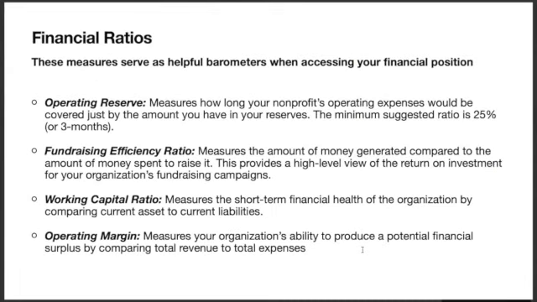If you're thinking about starting an endowment, there's really two ways that organizations will start this. They might run a capital campaign where they look to outside capital from donors to fund it, or they might look internally. So if you've had a few years of operating reserves build up, your capital reserves are in a good place, and you're thinking that it might be time to start an endowment, what are the metrics we should look at to judge our organization's health? There's a couple you have here: operating reserve, your fundraising efficiency ratio, working capital ratio, and operating margin.